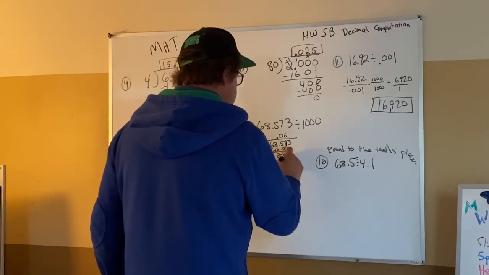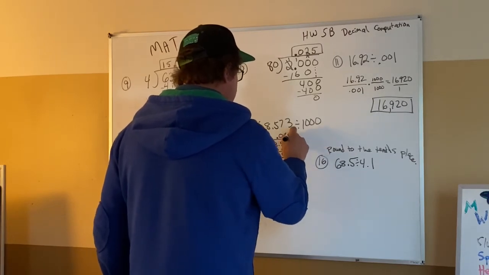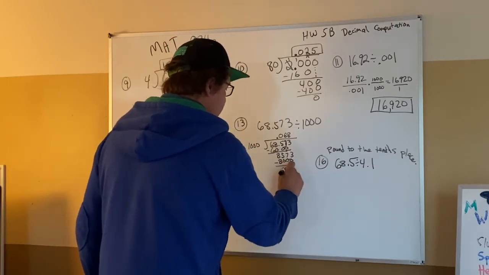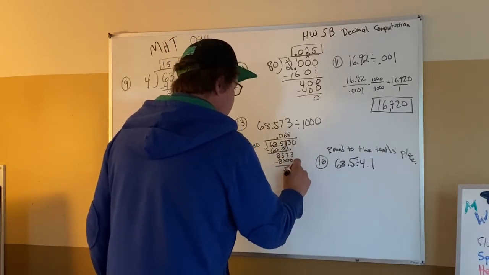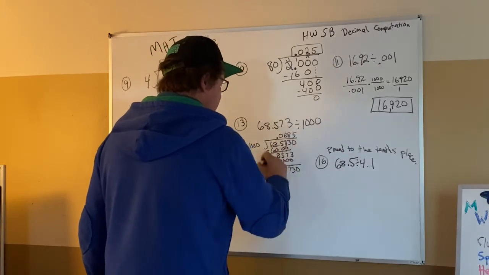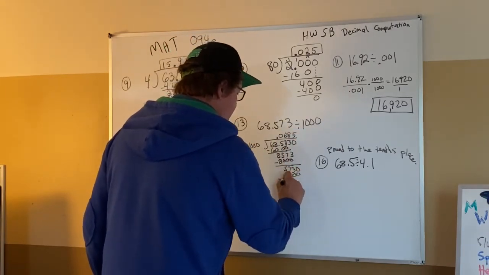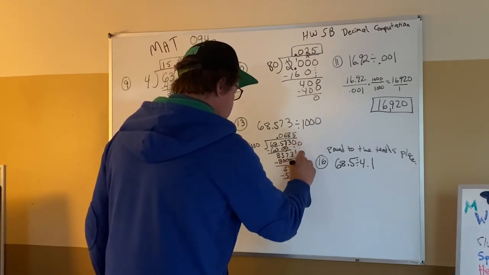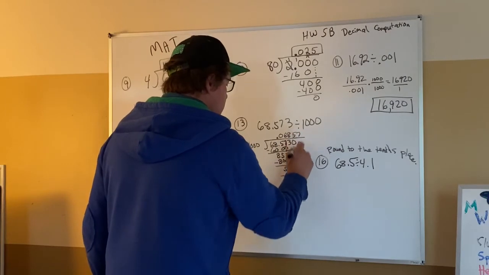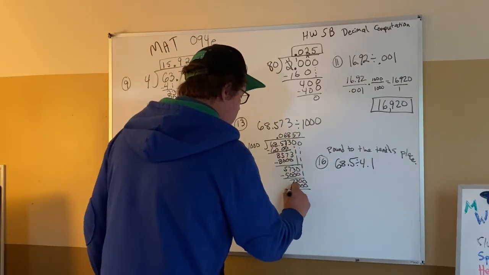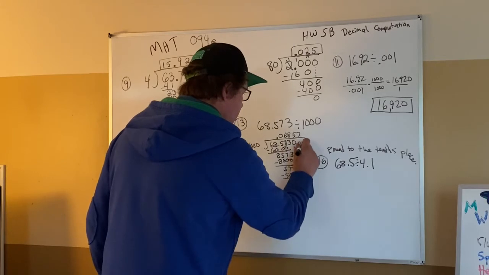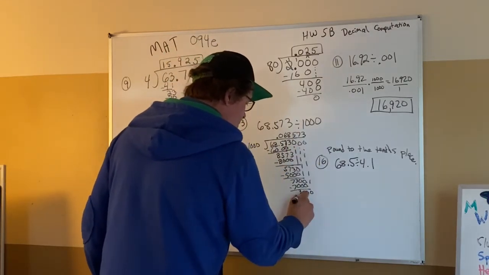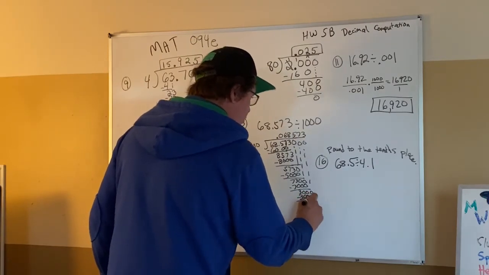Subtract, I'll get 857. I'll bring down the 3, and I'll get 8 of them. 8,000. Get 573. I need a 0 to make 5,730. So I'll be able to put 5 of them in here. 730. Bring down a 0 for that. Right? This 0 here, this 0 here. 7 takes off the 7,000. 300. Bring down 1 more 0. And 3,000. Answer when we get 0 remainder is